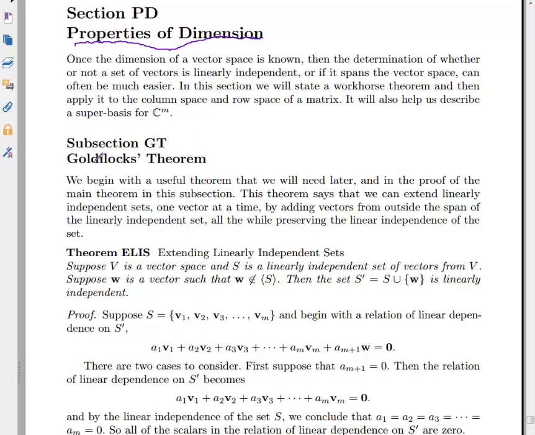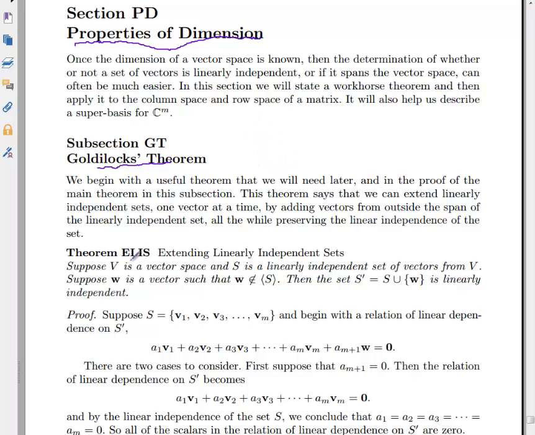So let's look at this first theorem called the Goldilocks Theorem, which is kind of a strange name, but we'll see why that is in a minute. So let's suppose that we have a vector space and we want to find a linearly independent spanning set. Maybe we have a few vectors,